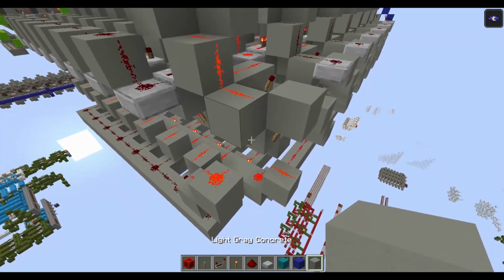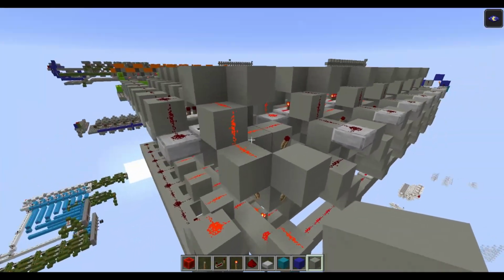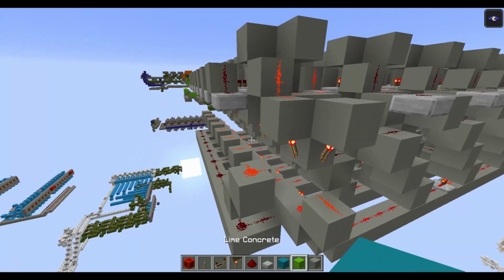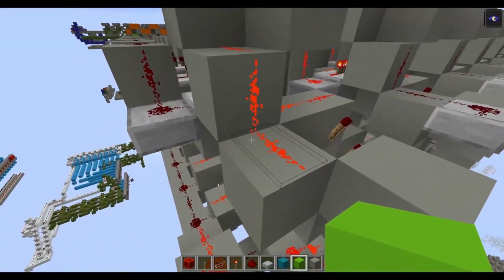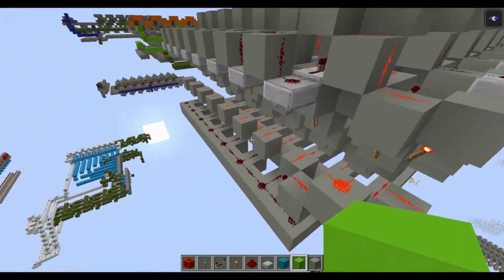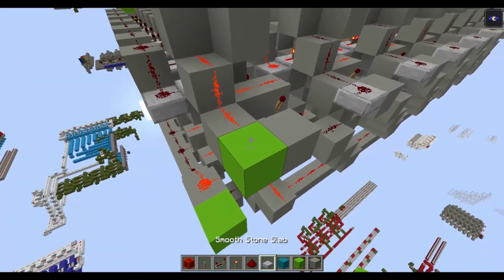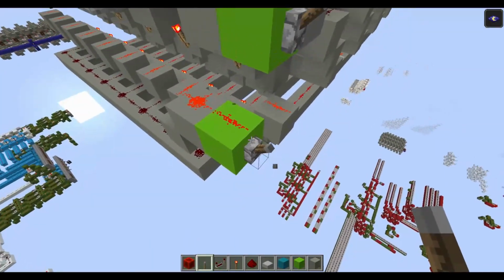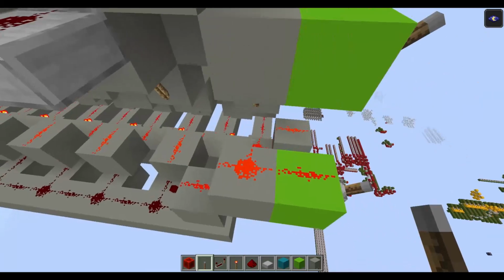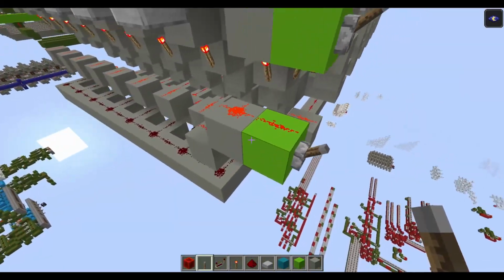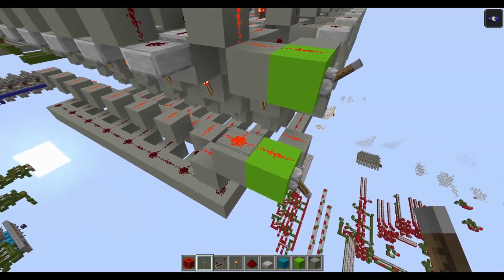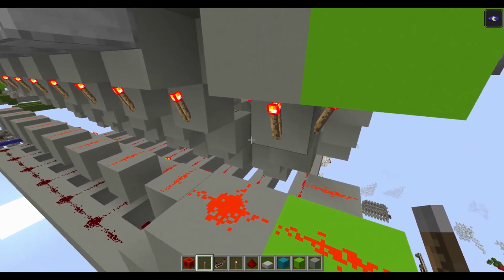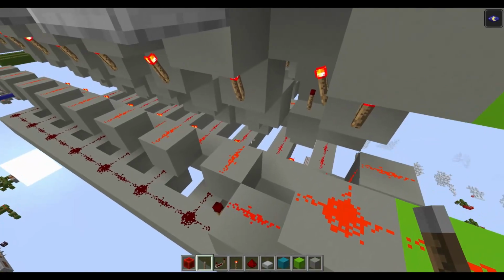So now we have 2 different inputs here to control the output. Here is the allow output, sorry. So when it's locked on, or when you have no value in the memory, you can't output.